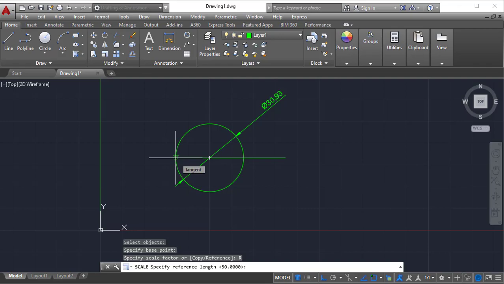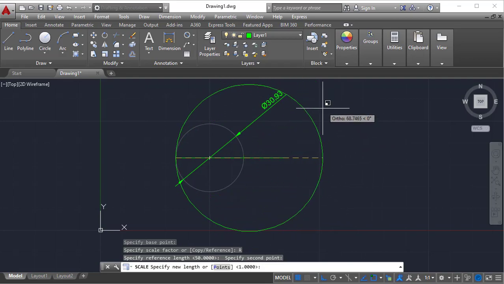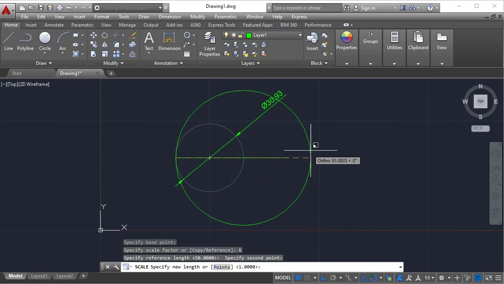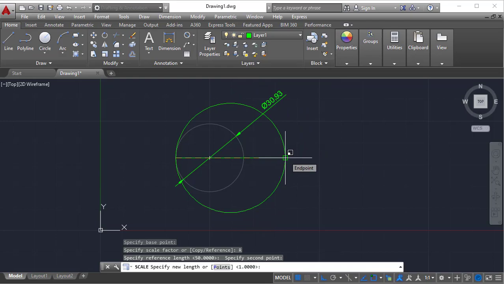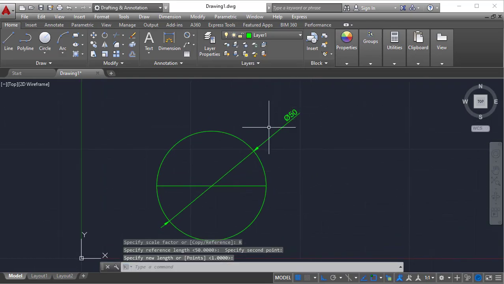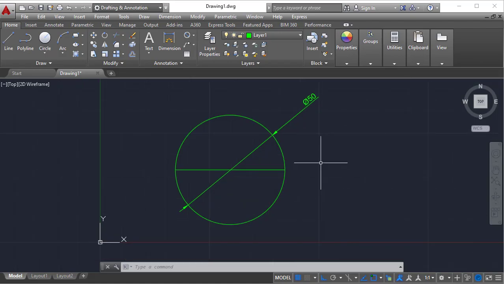In rotation you just pick the two endpoints of the object, but here you need to remember: the base point is the first point, and the second point is the object endpoint. Later on, see, this scaling is easy for you. If you directly click on this endpoint, right away the value is altered, which means with the scale option you can simply get unknown values to known values.